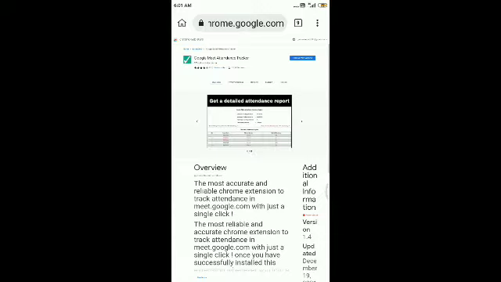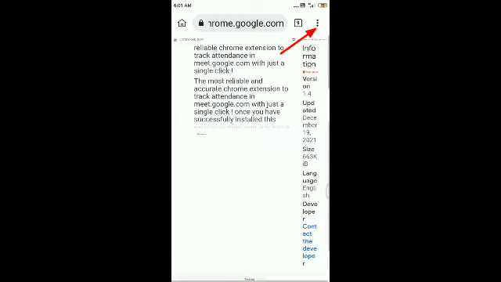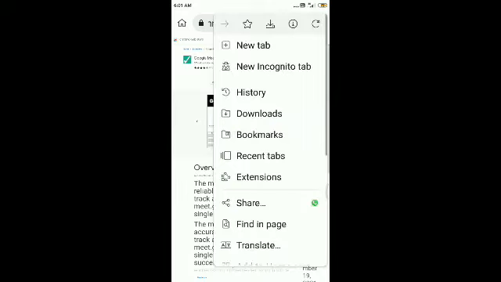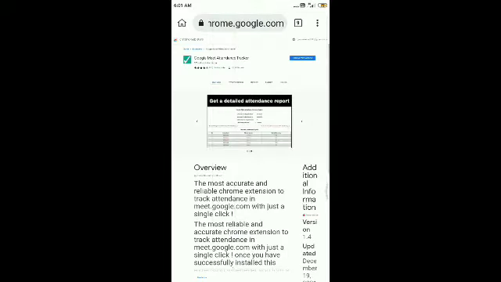Since I have joined it, I have been given the option of removing, but you have to click on here, add to Chrome. After that, you will click on the three dots and come here, and you will see Google Meet attendance tracker. If it is there, then you understand that your setting has been done.